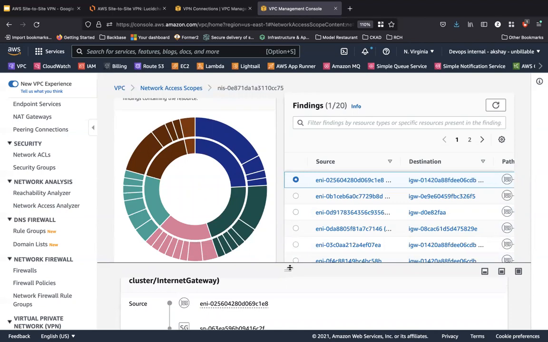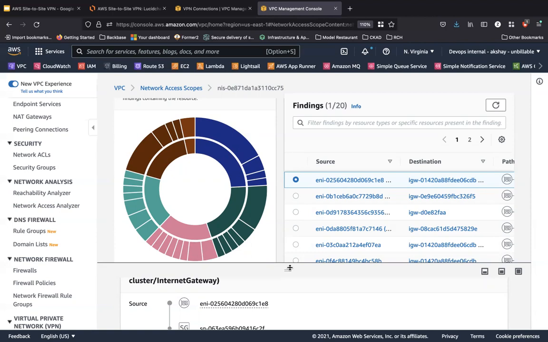And the same is true of reachability analyzer, where you can specify your source IP, destination IP, source port and destination port, and then check whether two EC2 instances can interact with each other. Whereas with the network access analyzer, it's more about how your network interface goes through a security defense in depth strategy, through a security group, through a NACL, to a route table, to the internet, and so on.